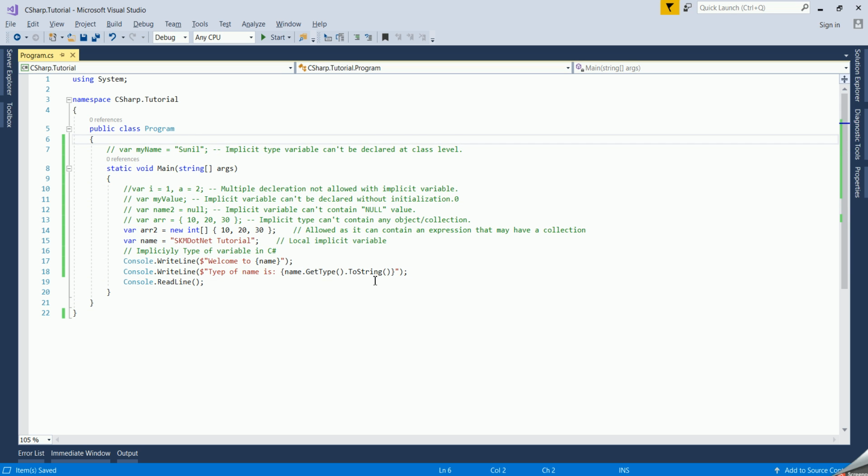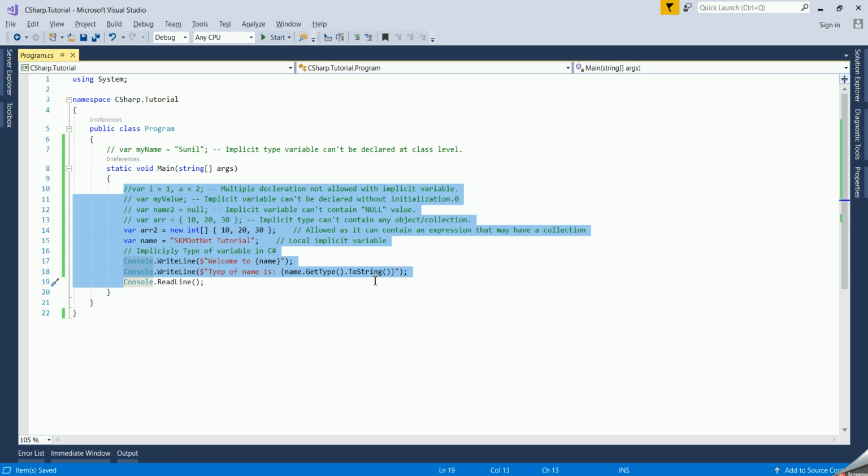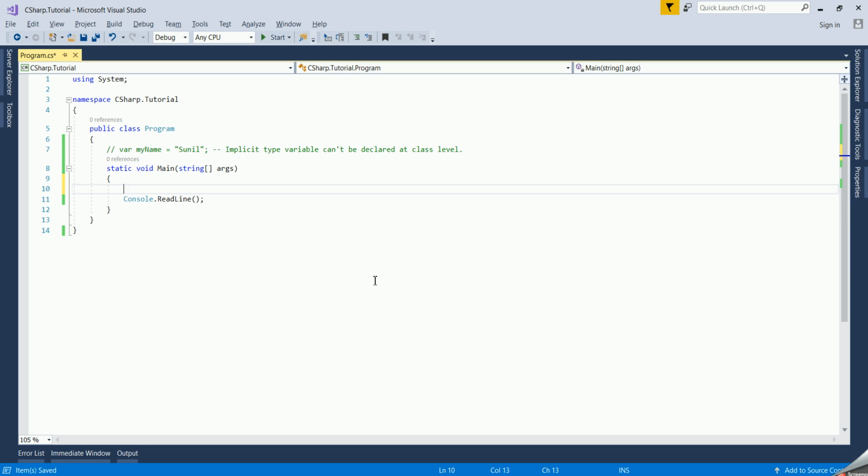If you type something, var name, and assign something, or I am just assigning an empty string also, it is showing me type string. But in the case of dynamic,